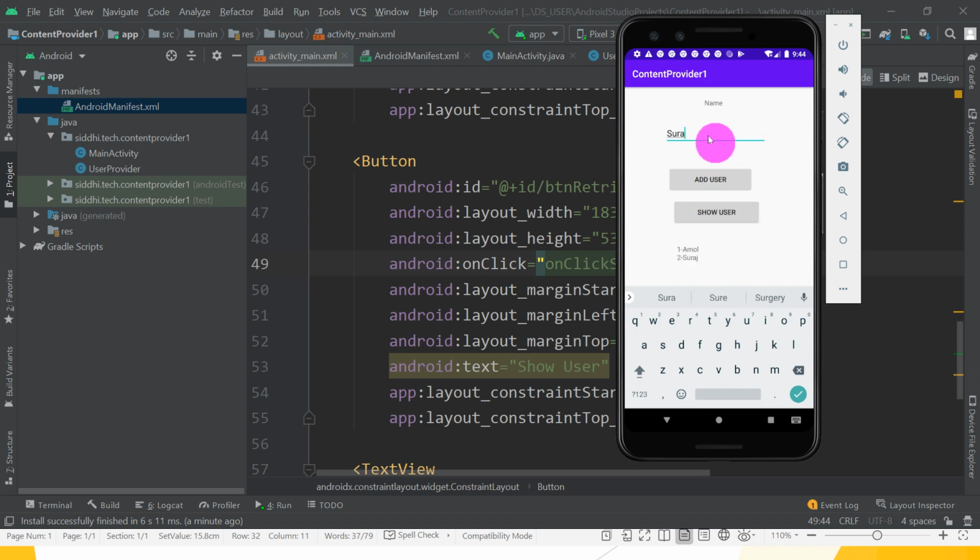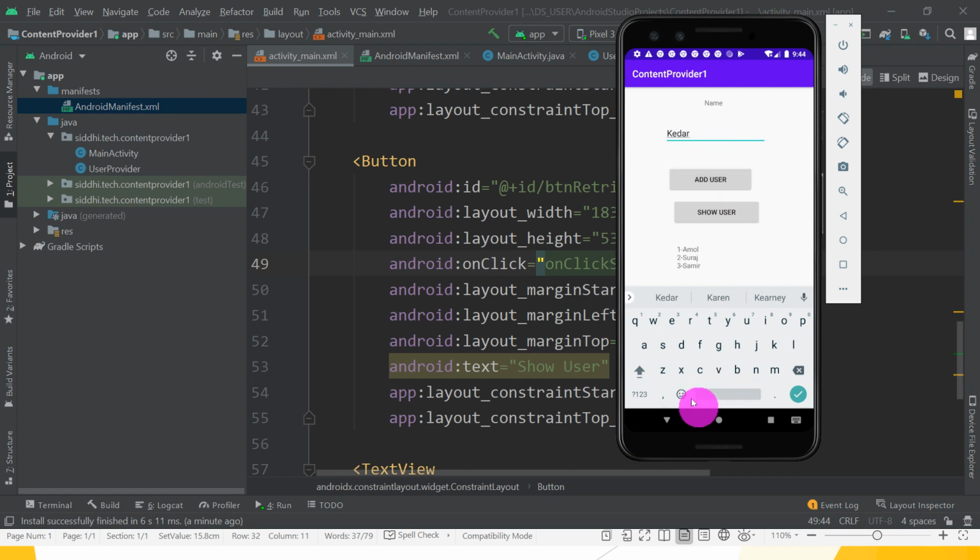Similarly, suppose Samir, and you want to insert that, add user. Great, so it is inserted successfully. Show users, so Samir is displayed here. And suppose I want to insert a new string, that is Kedar, and add user, so this user is added automatically.